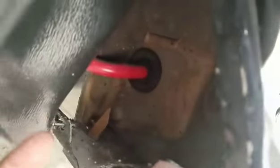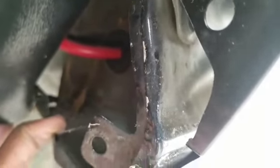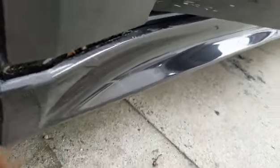So as you can see, there's another grommet. Push it through that hole. Cut a hole in the grommet, then push the wire through the hole in the grommet. Super simple. What I did, which I don't recommend, was strap it to the firewall, and it doesn't rub or